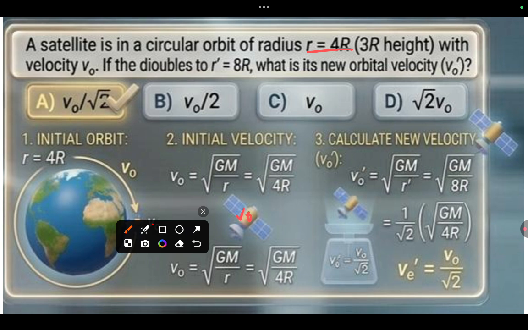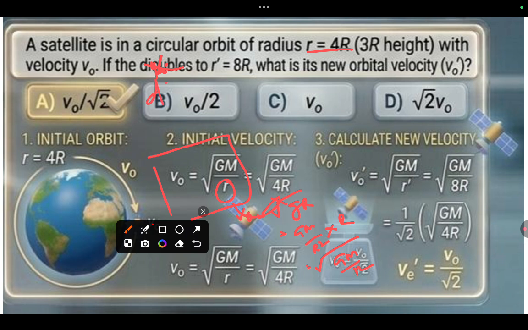V naught equal to root of gR, g equal to GM by R square, into R. So finally you will get root of GM by R. So V naught equals root of GM by R, and it is clearly mentioned R equal to 4R, so V naught equals root of GM by 4R. Clear? Now what we need to find, that is with the radius doubles,